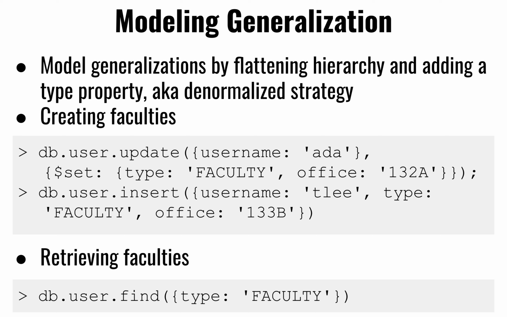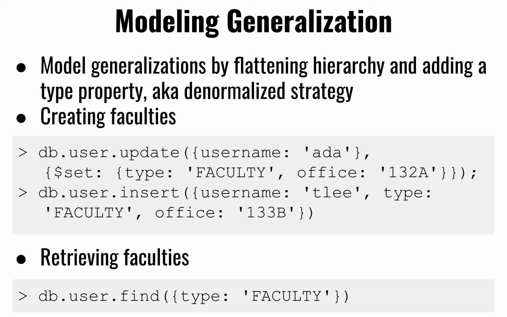If you want to break out multiple users, and there are different types of users, there are certainly 3 different ways that we could go about it in a relational database. We use the normalized version, the denormalized version, and kind of a combination of both. So in a non-relational database, in Mongo in particular, we can model the inheritance by using the denormalized strategy,